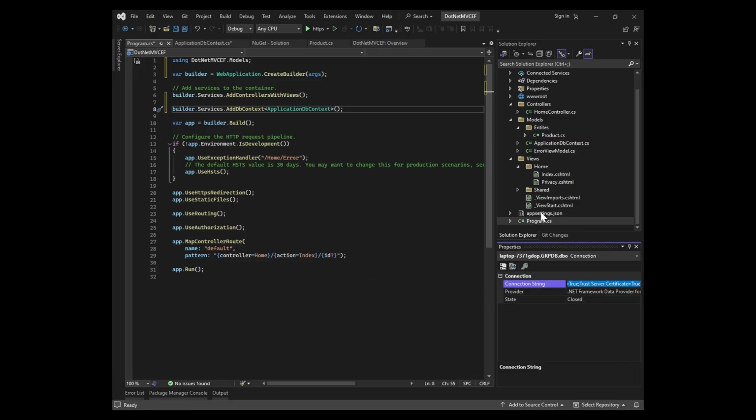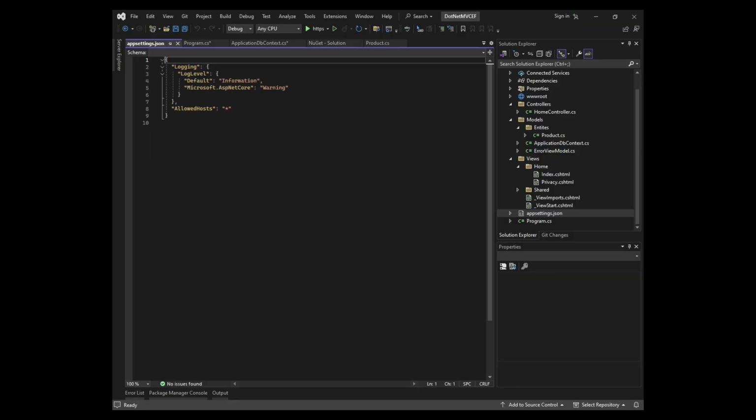We have to add the connection string in our application, sorry, appsettings.json. So in appsettings.json, add a comma, and within the quotation, because it's JSON, ConnectionStrings. It's going to take a JSON object. So for the name of the connection, I'm going to name it Default,